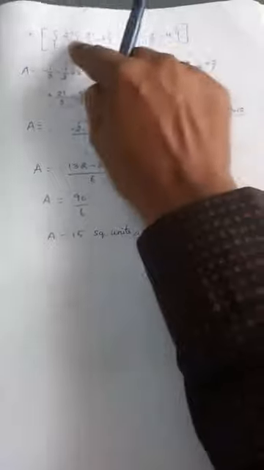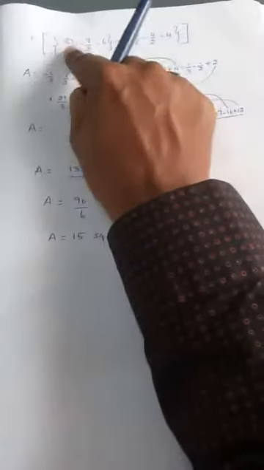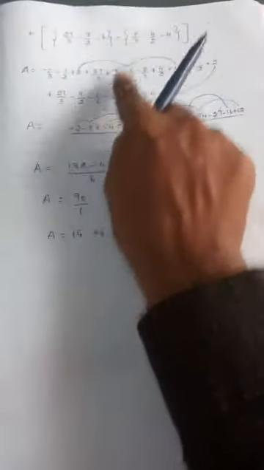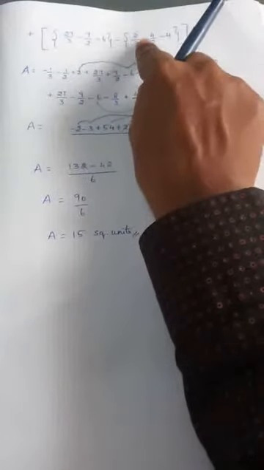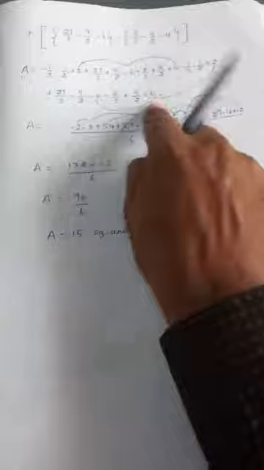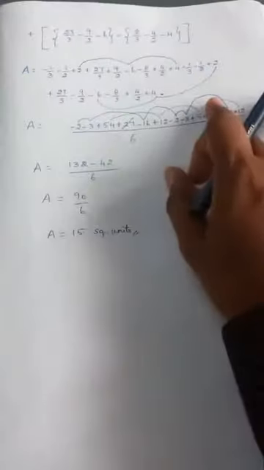Are you listening? If you just see the third bracket, how I have written: since plus is present here, first write all the 3 terms directly. Minus with bracket, so take minus inside. Minus, plus, plus. So, minus, plus, plus. Like that I have written all the terms.